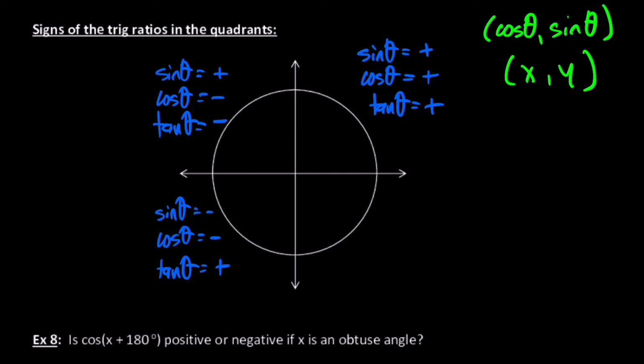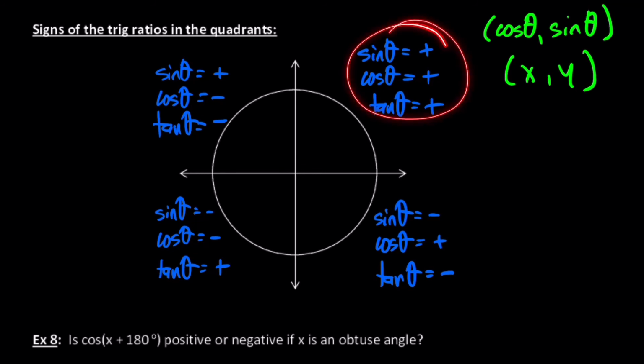In the fourth quadrant, x is positive, y is negative. So sine theta is negative, but cosine theta is positive, which then makes tangent theta negative because you have a negative divided by a positive. So the reason we wrote all this out, we're not going to do this again, is to help us come up with a system to remember